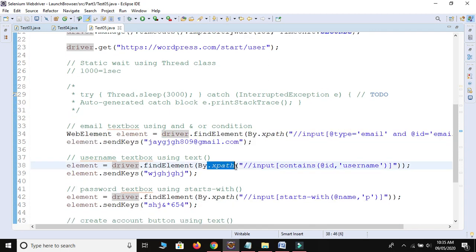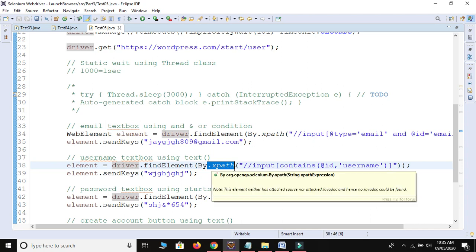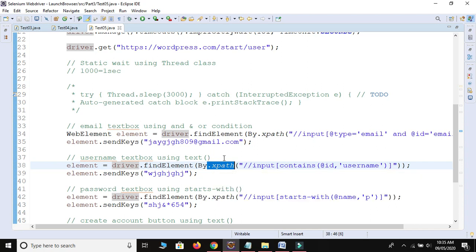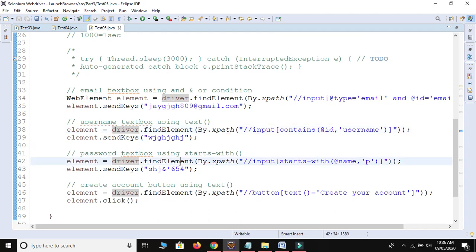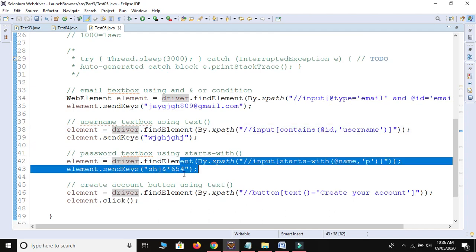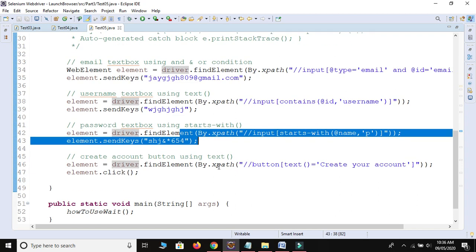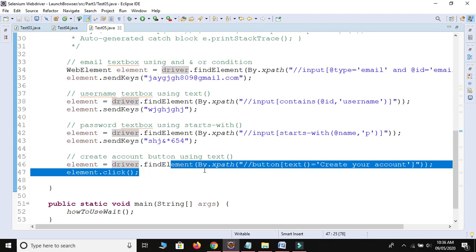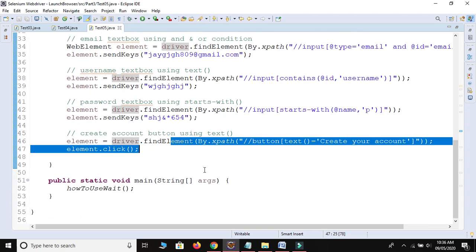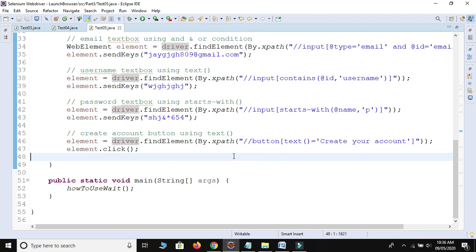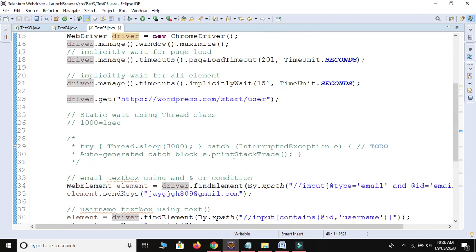For this element, if we provided 15 seconds but it takes 10 seconds, then after 10 seconds it will find the element and perform the activity, and the rest of the 5 seconds will be ignored. Same with this button, same with this text box also. If the element is found in only 1 second, then the rest of the 14 seconds will be ignored. And if our button is found in only 3 seconds, then the rest of the 12 seconds will be ignored. So this is the best approach to use implicit wait in your script.